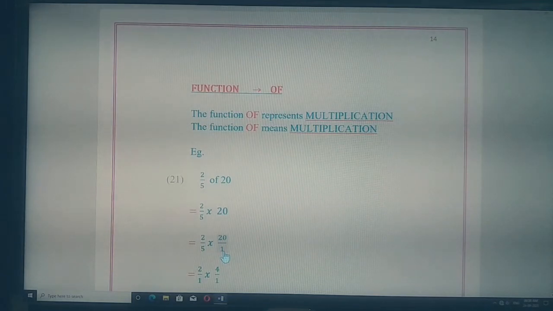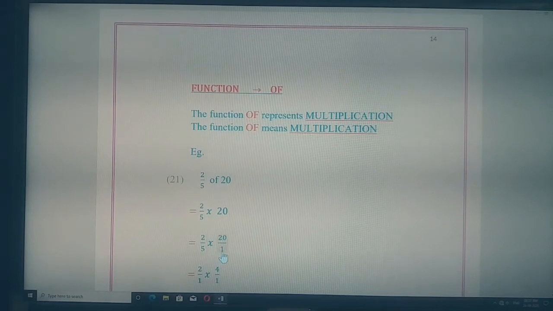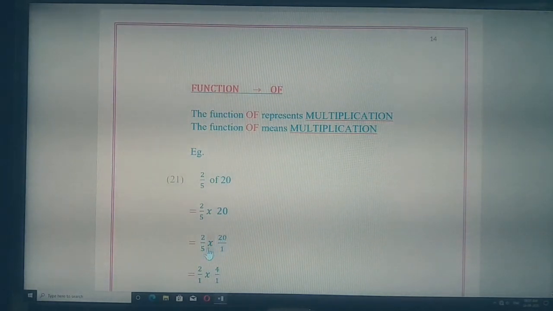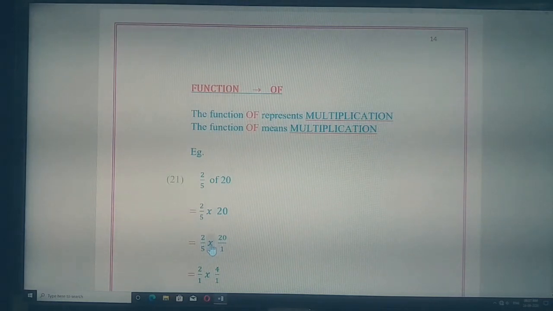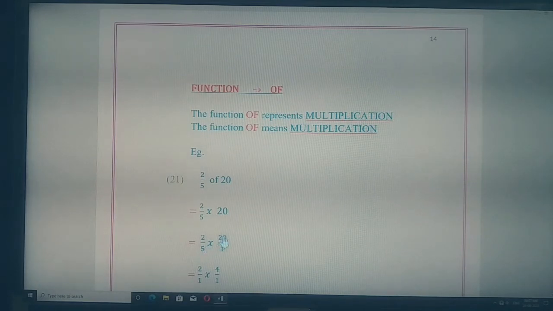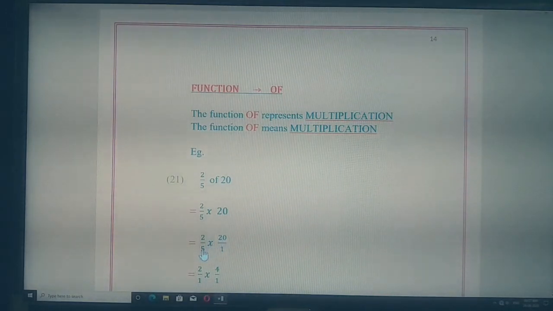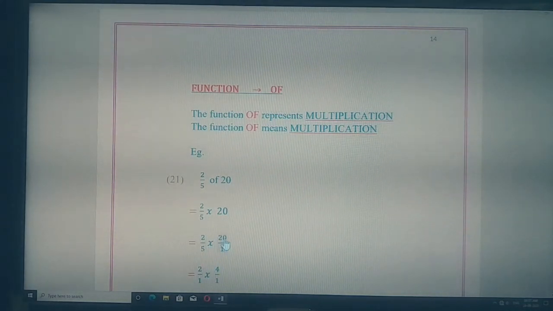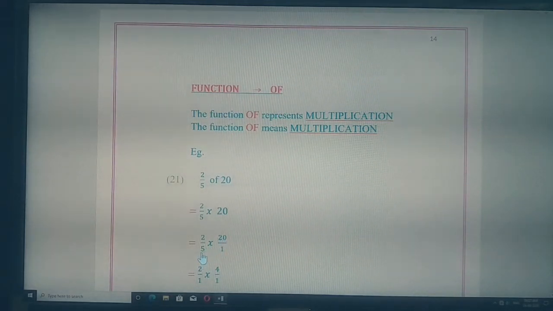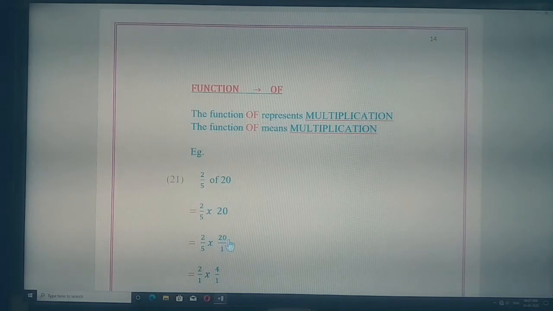Now in multiplication of fractions, we have learned that the numerator is multiplied with the numerator and the denominator is multiplied with the denominator. But we also observe that when there is a multiply sign between two fractions, we can do cancellation of a numerator and denominator between different fractions only if the multiply sign is there. Now since the multiply sign is there, this 5 can be used to cancel 20. In 5's table 20 is a multiple. So in 5's table 5 is there, and in 5's table 20 is also there.